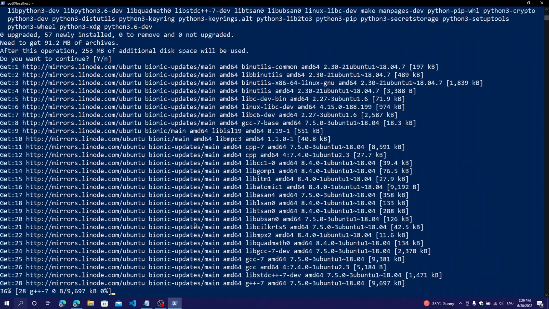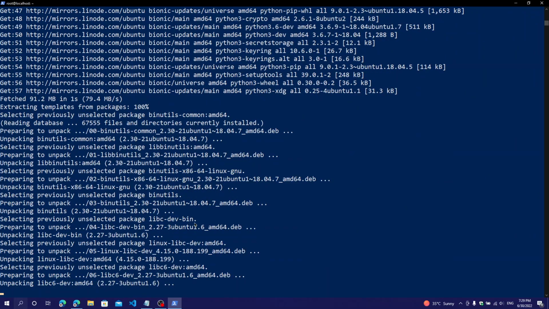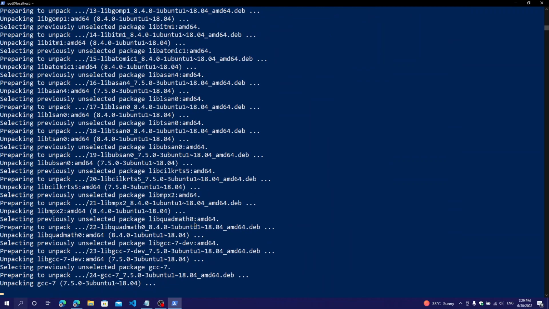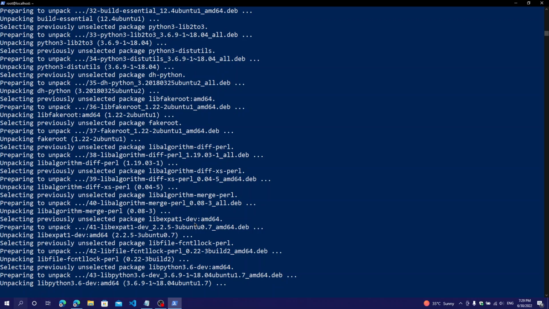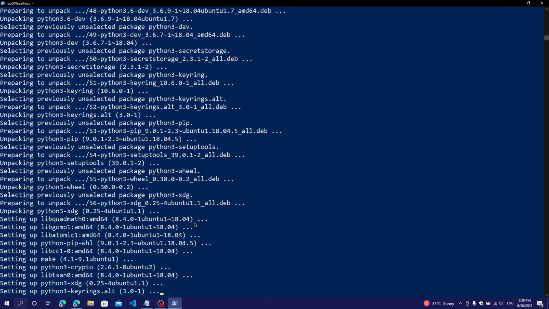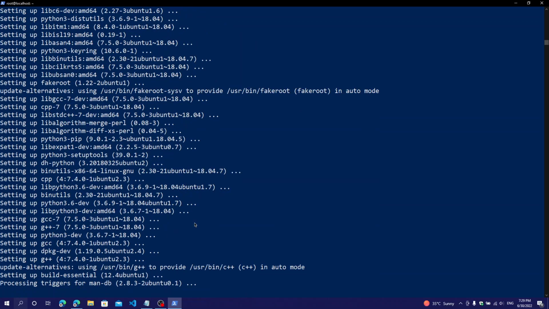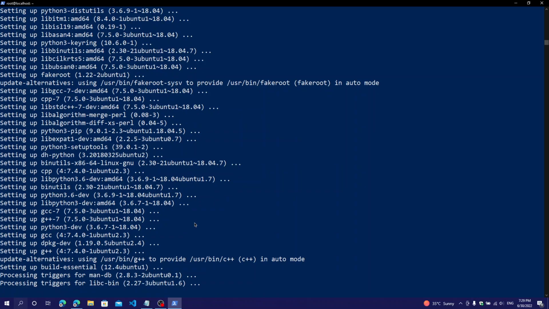It will install, and once it has been installed, we're going to clone the repository using git. Let's wait until it's installed. And it's installed now.